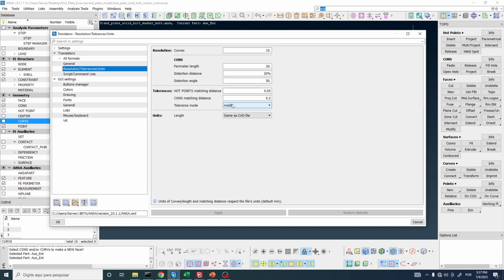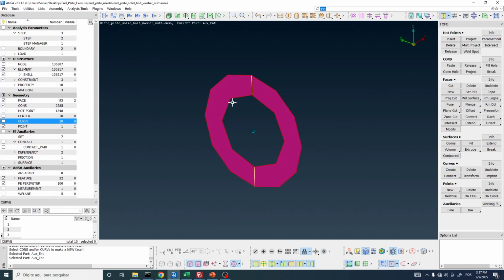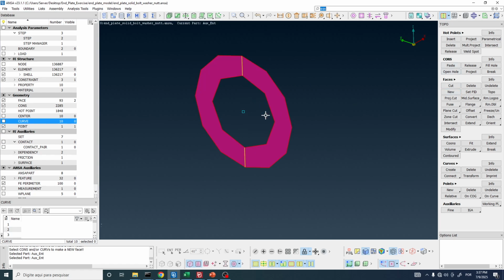I don't really usually do this because there is another way to do this. I usually keep the resolution small. You can increase the resolution by selecting extra fine here, but you would need to reopen ANSA and everything. But I don't usually do this. I like to have the tolerance small so that the computational cost is lesser. And if I need to increase the tolerance,